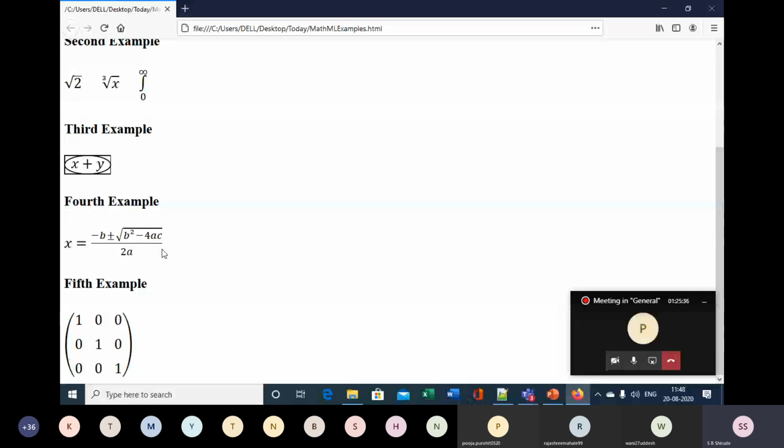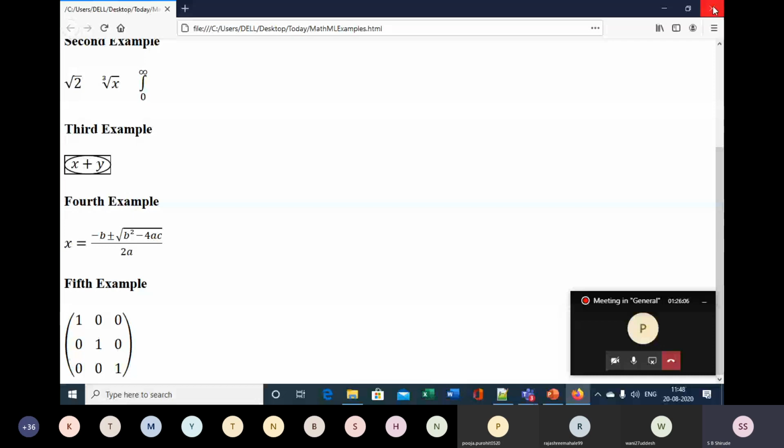I can share this particular code so that you can see and understand how this equation is inserted. Now one more example is remaining to be discussed, which will give you the idea of how you can insert the matrix, means a table, inside the hypertext.